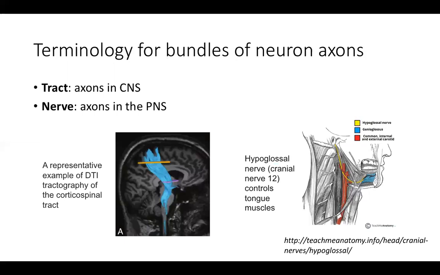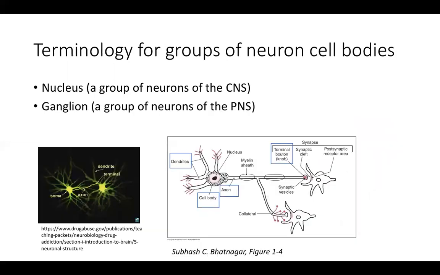Before we move on, I just want to take a step back and give you a couple of examples for the central nervous system nucleus and also the peripheral nervous system ganglion. For example, when we were discussing a group of neurons in the central nervous system, we could take the example that's here, which is a couple of neurons from the nucleus of the thalamus, which is part of the central nervous system. And an example of ganglia would be the spinal ganglia or the dorsal root ganglia, which contain the cell bodies of sensory neurons entering the spinal cord at that region.